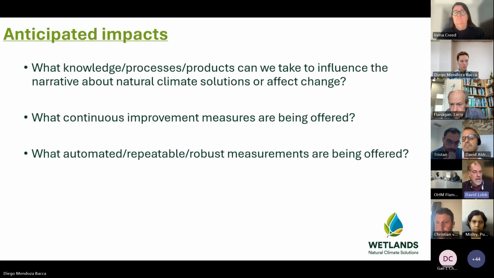Anticipated impacts. What knowledge process products can we take to influence the narrative about natural climate solutions and affect change? What continuous improvement measures are being offered, and what automated, repeatable, robust measurements are being offered? To that end, I think that stronger links to management practices and their impacts is one definite